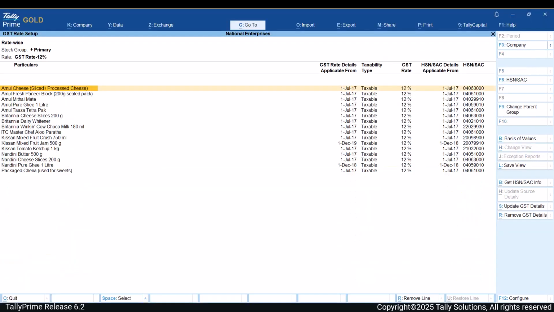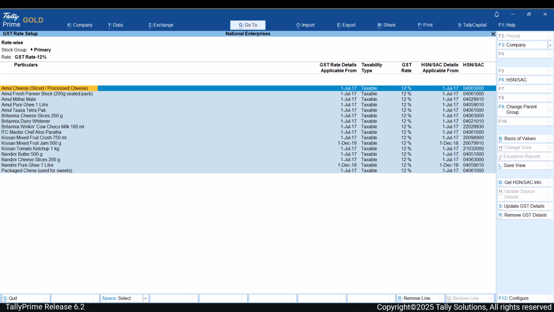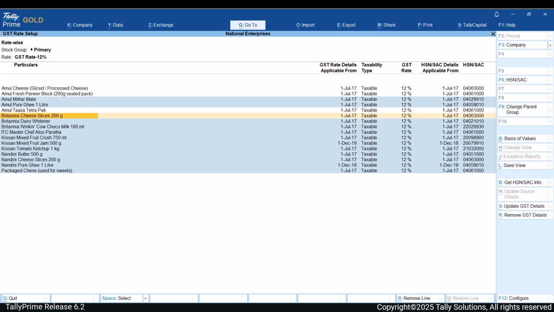Some of these items are moving to 5%, some to 18%, and the rest are getting exempted. If the majority of items are moving to 5%, select all items, press Ctrl plus spacebar. To exclude items not moving to 5%, place the cursor on such an item and press spacebar to unselect.